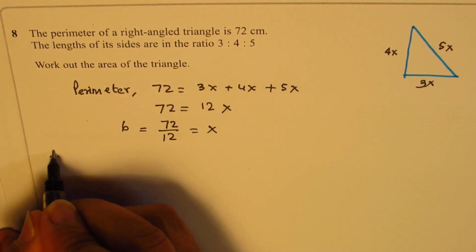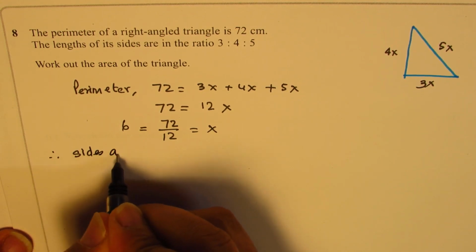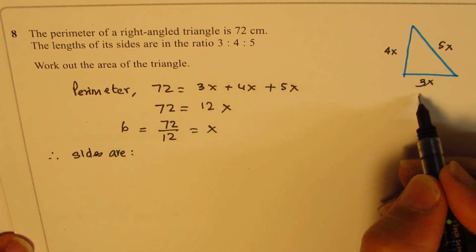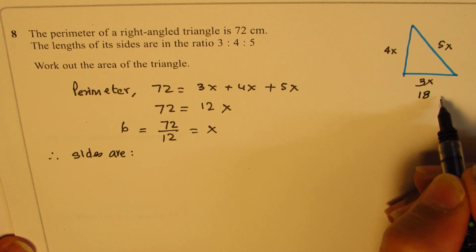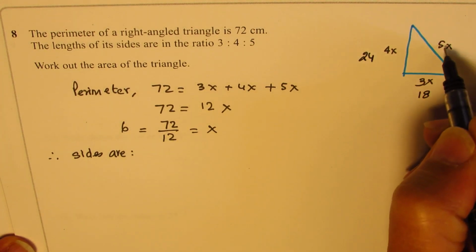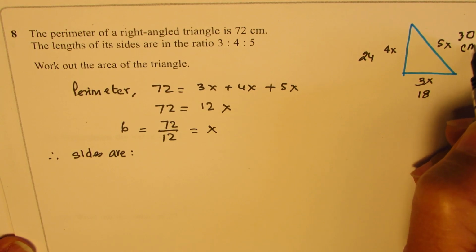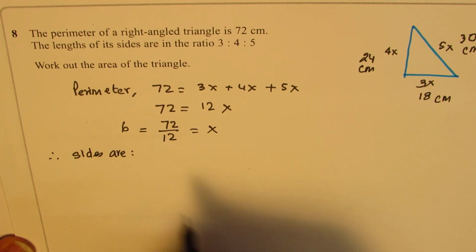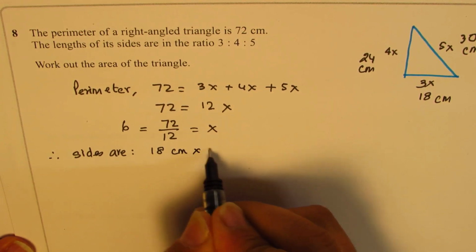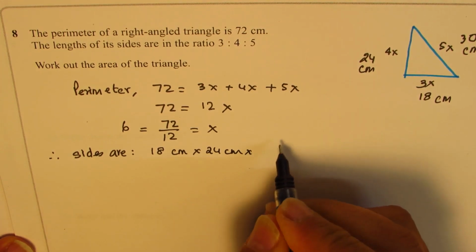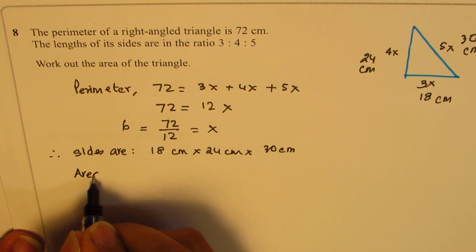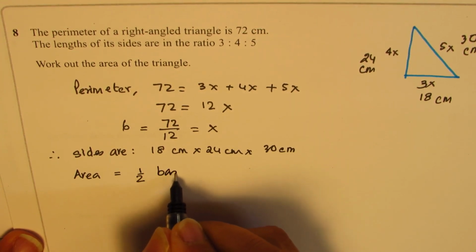So therefore, the sides are 6 times 3, 4, and 5, correct? So 6 times 3 is 18, right? 6 times 4 is 24, and 6 times 5 is 30 centimeters. Is that clear? So the sides are 18 centimeters by 24 centimeters by 30 centimeters. Correct? So we get the sides of each,